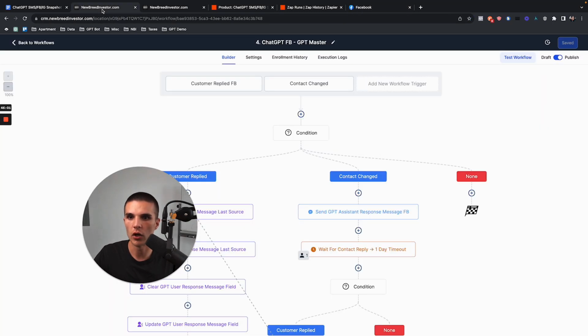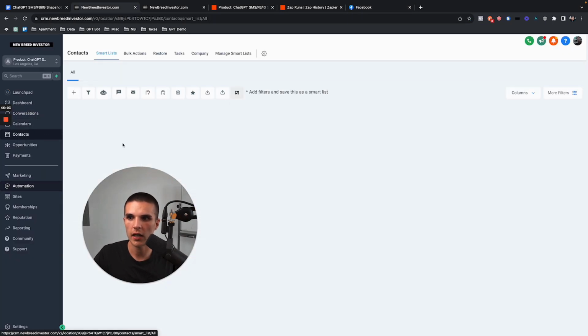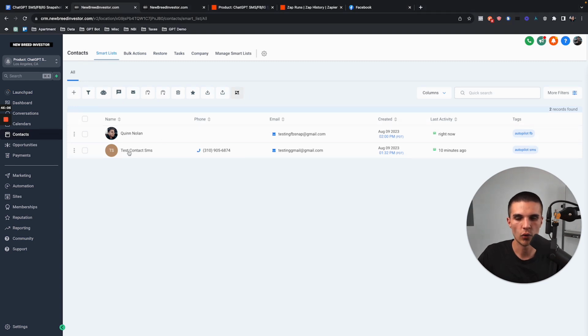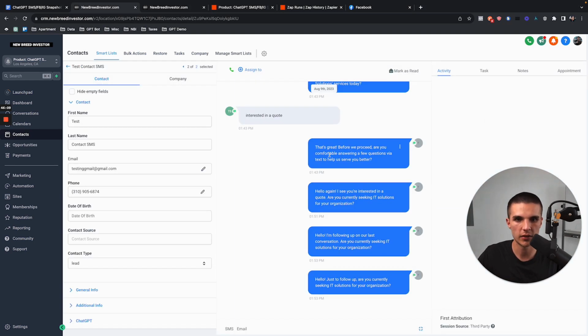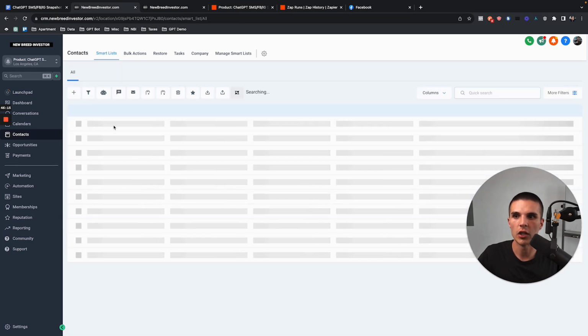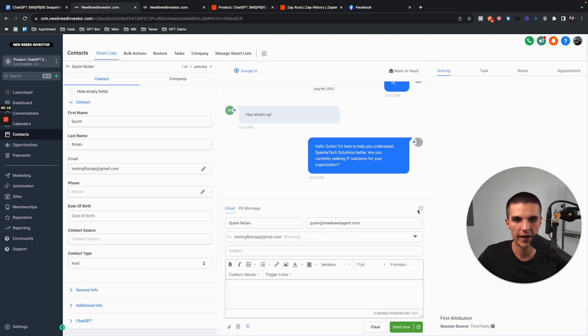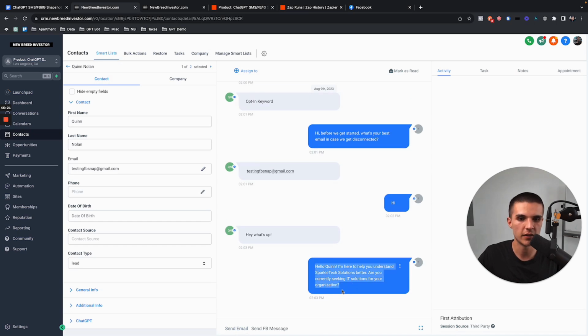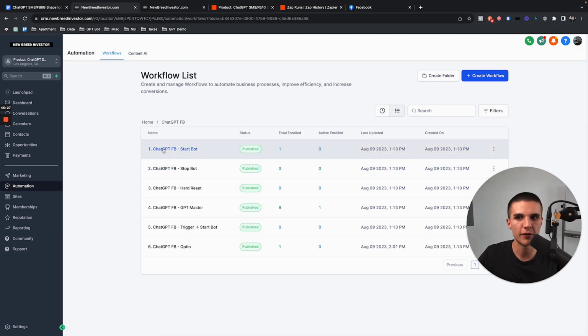Same thing. So if we go over here, like I said, one contact has autopilot SMS, works fully independently on its own. There's all those follow-up messages. Everything's good, okay? Now, if we go to the second lead, which is the Facebook lead, there's the last message sent from the bot. And now this lead will be in that infinite loop inside of the Facebook workflow. So if I respond here,